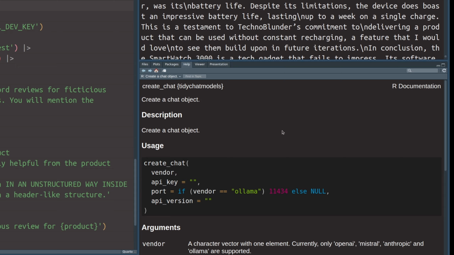And also, I want to make sure that all of these things are given in an unstructured way inside of the text, and it doesn't start with some header-like structure that says review for and then the product, because this would be kind of cheating. It would be easy to extract that without AI. We really want to have an unstructured document here so that we can practice extracting specific information from PDF documents using AI. So once you have that in there, you can execute this part again and you see that there's